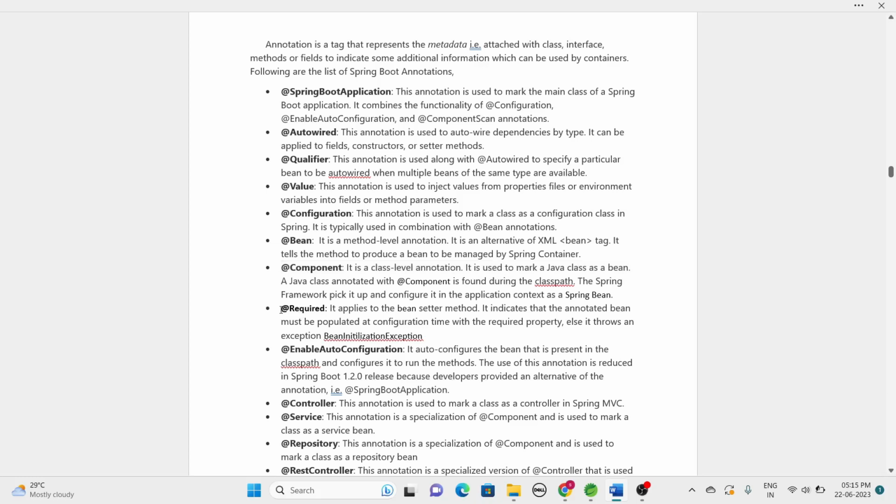So the next annotation is @Required. It applies to the bean setter method. It indicates that the annotated bean must be populated at configuration time with the required property, else it throws a BeanInitializationException. So this is mandatory, to make that particular setter method property required. So @Required is for mandatory. If we don't populate that particular bean in the setter method, then it will throw